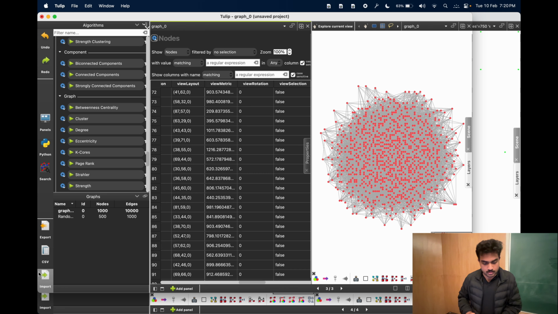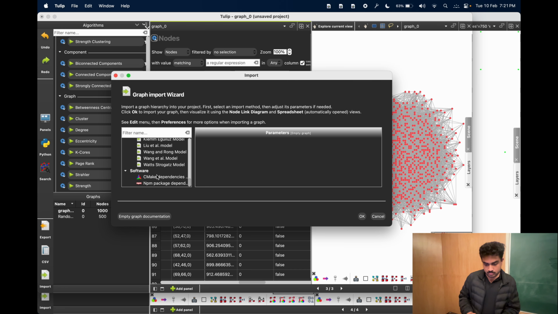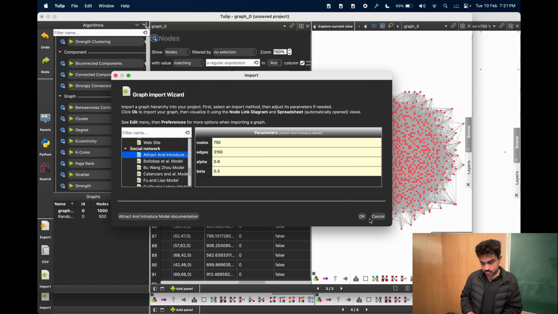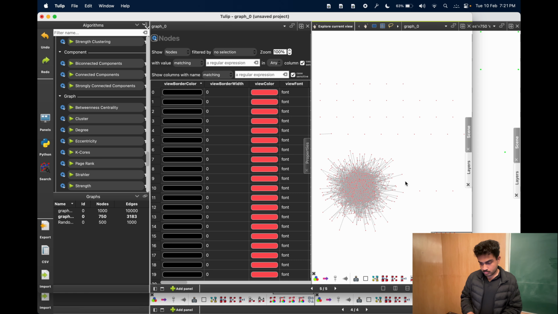Let's take another graph instead. And this is better, so I can use